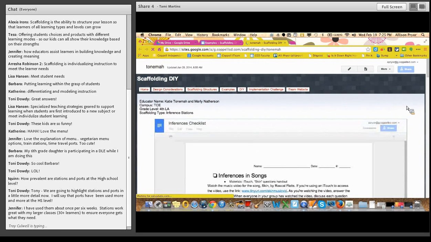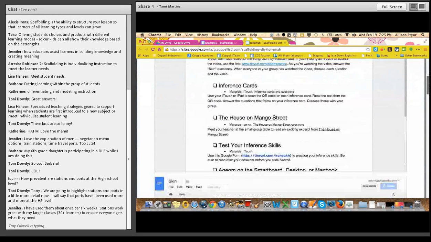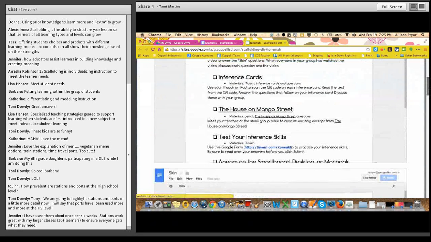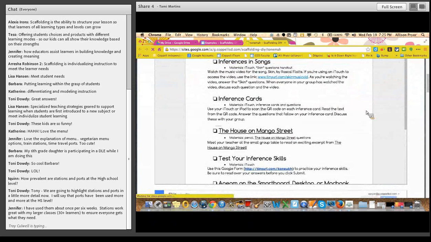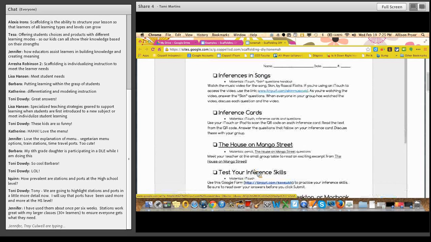These stations are all based around the reading concept inferencing. And what they were able to do, as you're seeing up on your screen, is provide their learners a digital checklist so that their learners can keep track of which stations they've been a part of. And one of the things I think was really interesting, and this is where technology can really play into learner accountability, is one of their stations, they were able to provide a Google